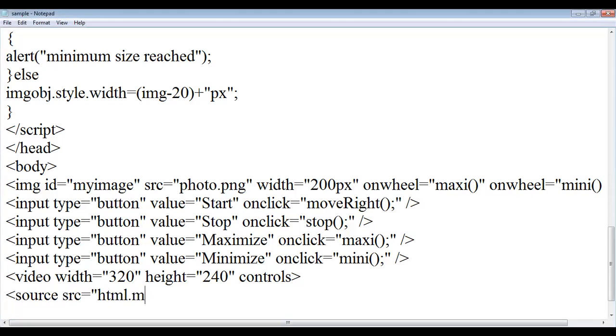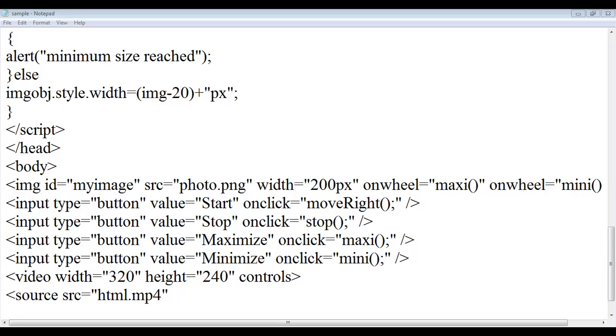What type of video, MP4 or MP3? The type of the video format you have to specify here. Along with the name of the video, we give the type, so html.mp4 and type equal to video/mp4. The type of the video must also be specified.